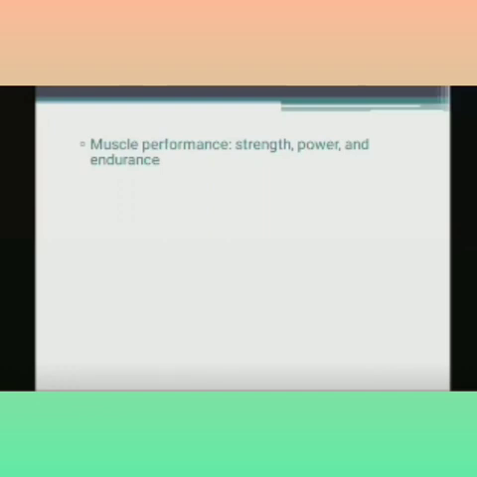Then you have to check the muscle power, strength, and endurance. All three are important. It's not only strength that is required, because if you do MMT and ask the muscle to contract a single time, the patient may perform it well. But when you check endurance, when the muscle has to work for a prolonged time, there will be very early fatigue. That's why you need to know the strength, power, and endurance in all of the muscles.